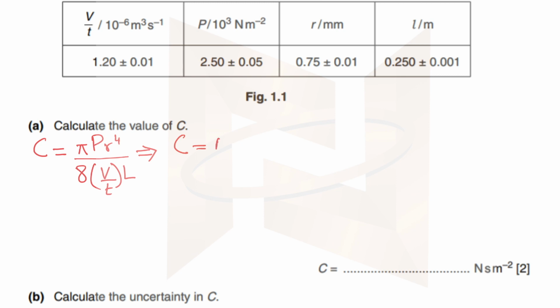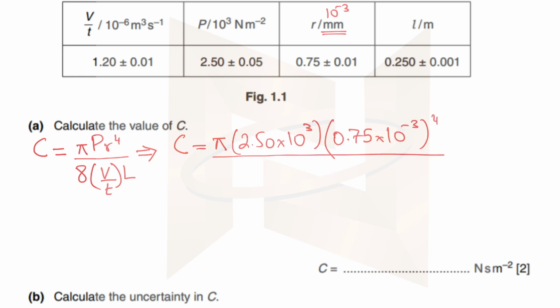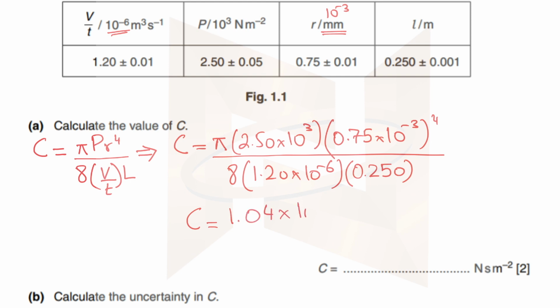C is equal to pi into P. Be careful with P that there is a 10 raised to power 3, so do not forget that. So 2.5 into 10 raised to power 3 into, now R raised to power 4, milli stands for 10 raised to power minus 3, so 0.75 into 10 raised to power minus 3 whole power 4 divided by 8 into V by T, that's 1.2. Do not forget the 10 raised to power minus 6, so 1.2 into 10 raised to power minus 6 into the length 0.250. And therefore, the value of C that you get is 1.035 or 1.04